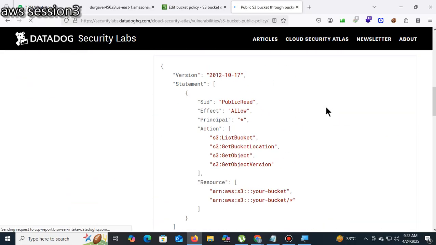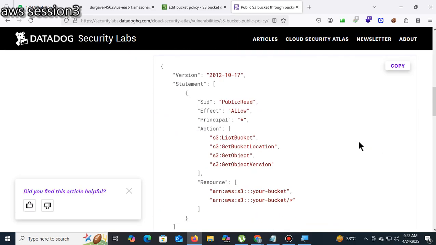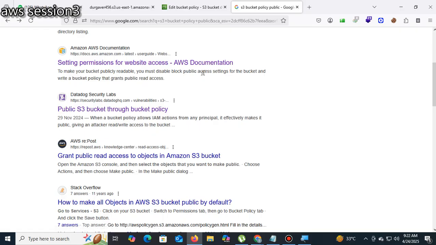So this is the code. In this code, if we write publicly read or publicly write, there are multiple permission settings.